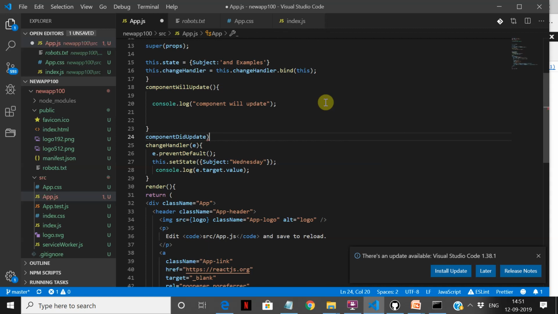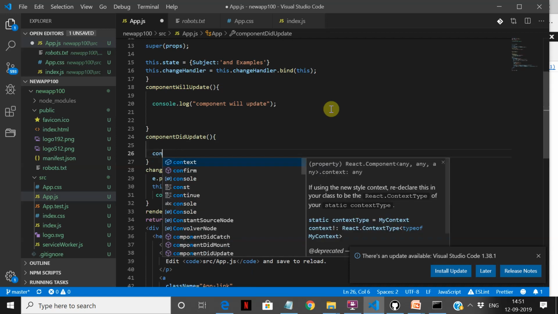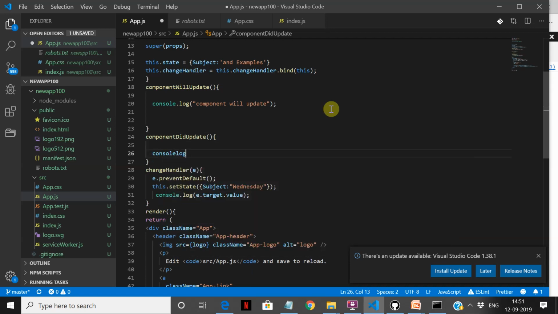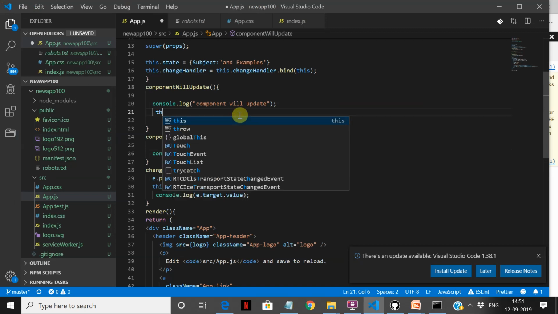If you want to do any pre-processing, you can add the logic here. Alright, similarly we will add component did update. So we have added these two lifecycle methods.